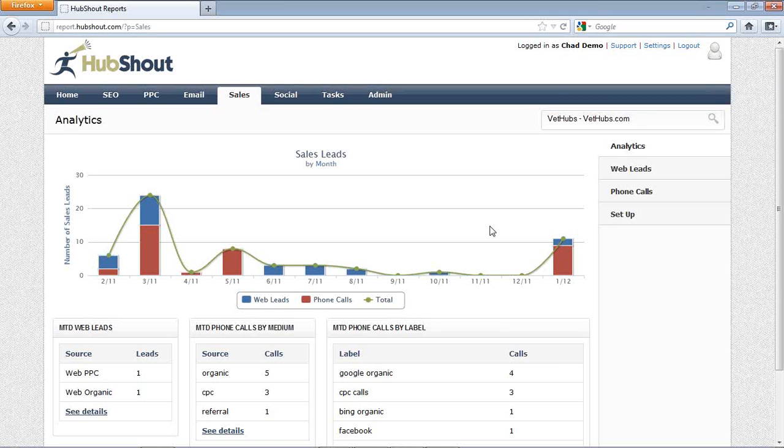And we have some clients on the CPC side, on the paid search side, who, rather than just having one phone number for paid search, may actually want a more granular view of where phone calls are coming from within the campaign. So they set up a phone number for every ad group. And at the price point we're talking about here, where a local number is $1 and a long distance number is $2, it really may make a lot of sense